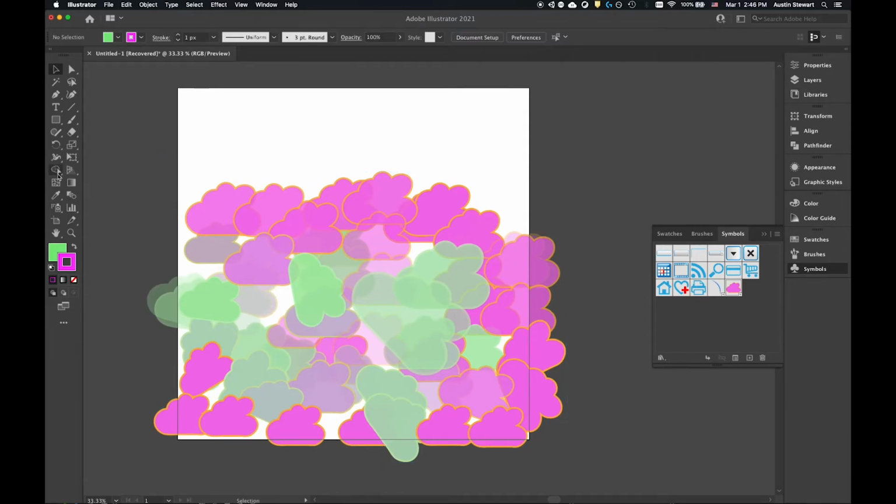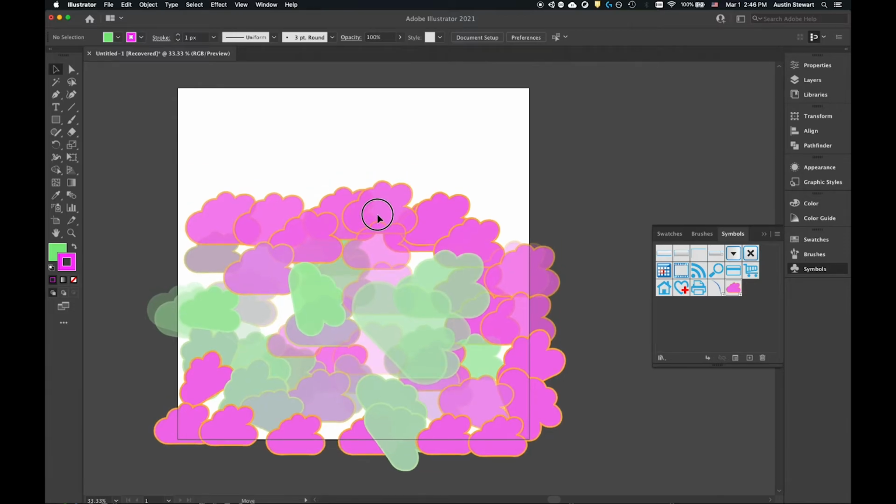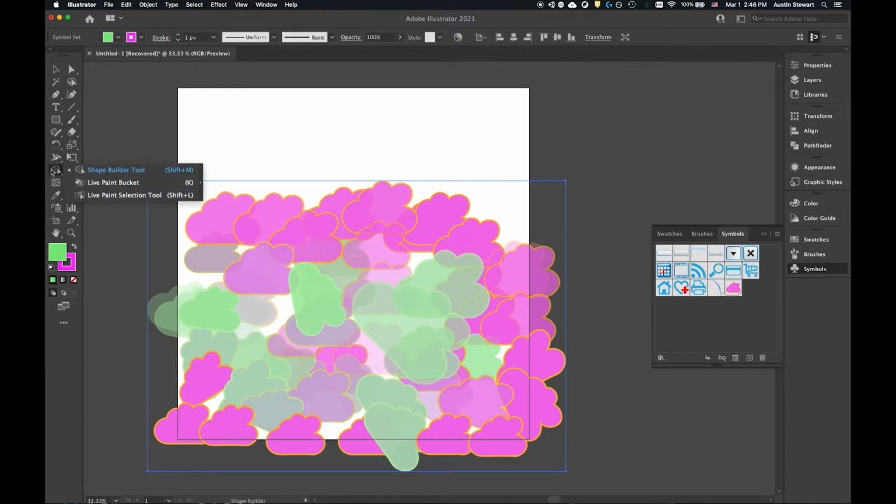So we've talked about the ShapeBuilder, and we've talked about the symbol spray, right? These are two ways to make some interesting things happen. So there's a couple tools that we still need to talk about, right? We've talked about Live Paint, but we really need to talk about what all of these tools do. So let's start by